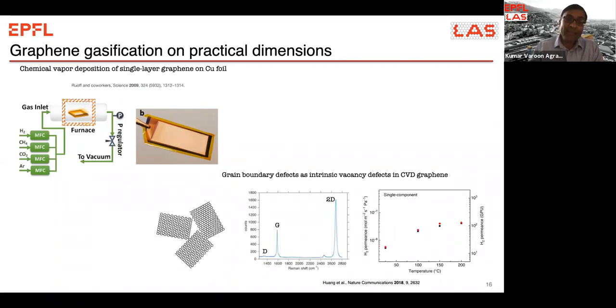Okay, one of the challenges here, compared to micromechanically exfoliated graphene, is that there will always be grain boundary defects in these films, right? This is sort of shown in the Raman data with the D peak. And once you have these grain boundary defects, they are already quite large to be permeable. So we have to deal with these intrinsic vacancy defects, which already have some permeance for hydrogen, right? They are low in density, about 10 to the power 10 per centimeter square, but they are still there when we start to form membranes.